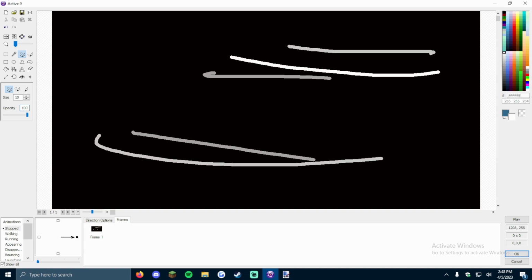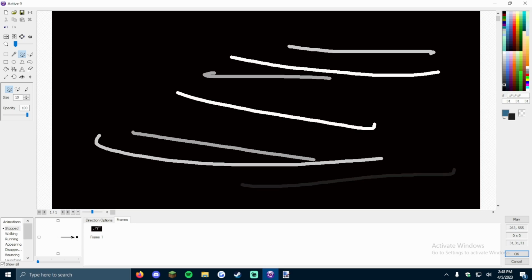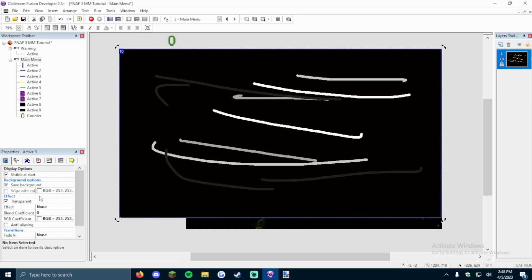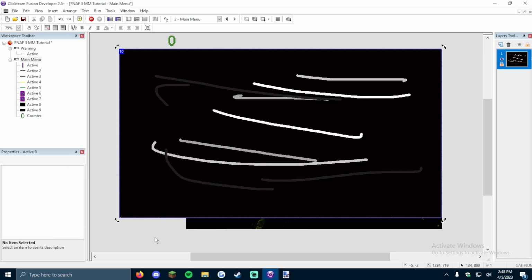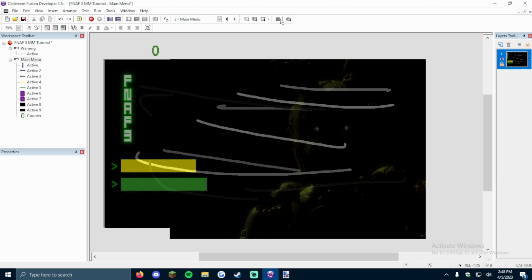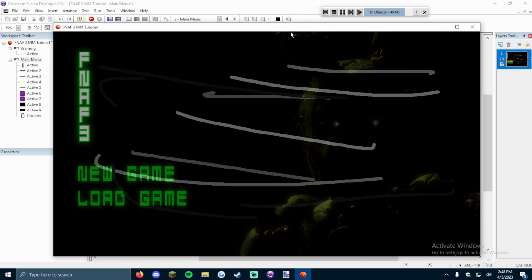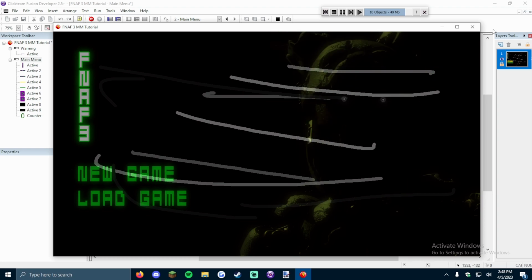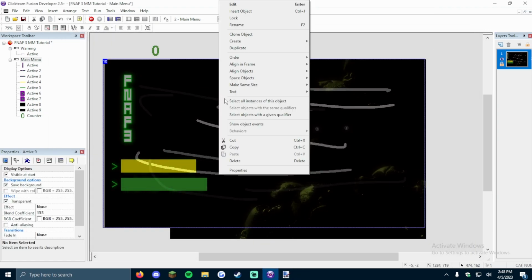I'm not gonna be using this white. Some dark gray, then press OK, and then go to press on the active, and then go to blend coefficient to about 155. See, now it's kind of transparent, so you can see over the static. I'm not gonna add static,